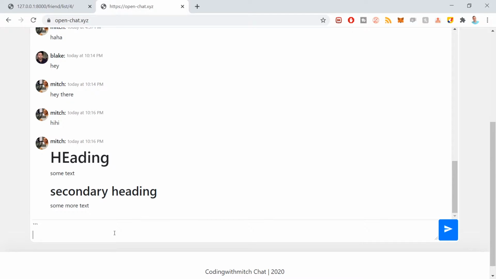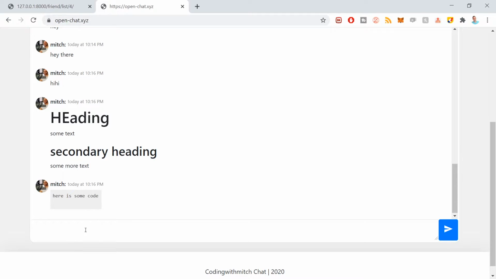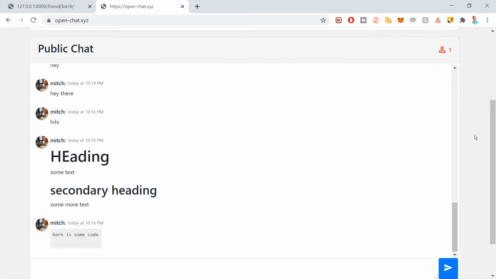Also, we can do code snippets. So you do three of, I don't know what this character is called, but I can say here is some code. And then inside of there, code is rendered to the chat. So lots of cool features. Now let's talk about the